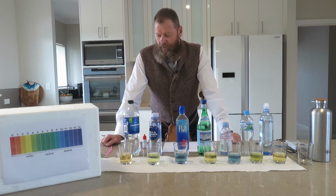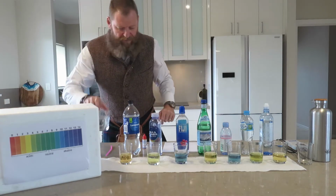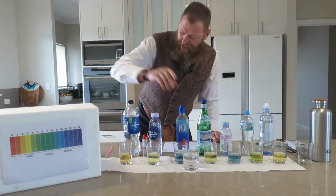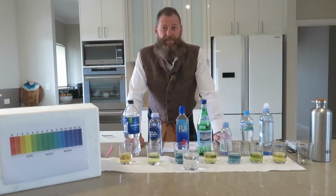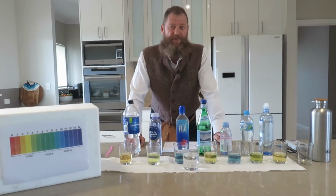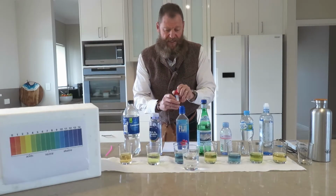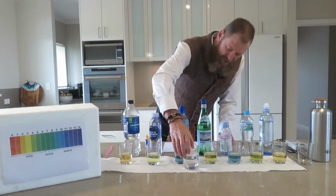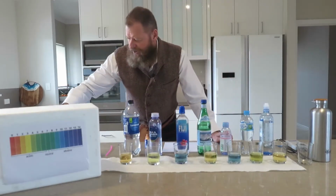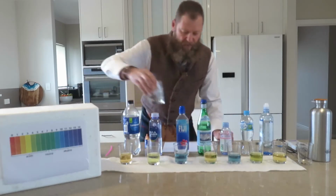All right. What I'd like to do is, over here, I've got tap water taken from my tap over here. I live on a farm in Margaret River, and all of our water comes from the rain. And we were thinking, oh, fantastic, we're going to be drinking rainwater, which is really, really good. That's just a little bit too much there. So we thought, yeah, this is going to be great. We're going to be drinking a lot of rainwater,